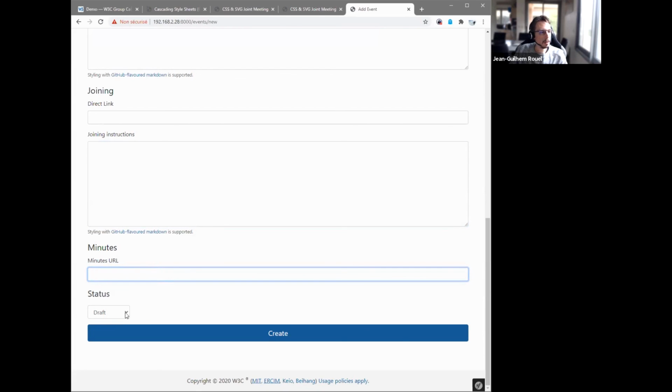But in case you use permalinks for them, you can already set them here. And finally, the status is something I'm currently working on, actually. It allows you to create an event as draft so that it doesn't appear anywhere but on your own calendar. And also it won't send notifications to participants.